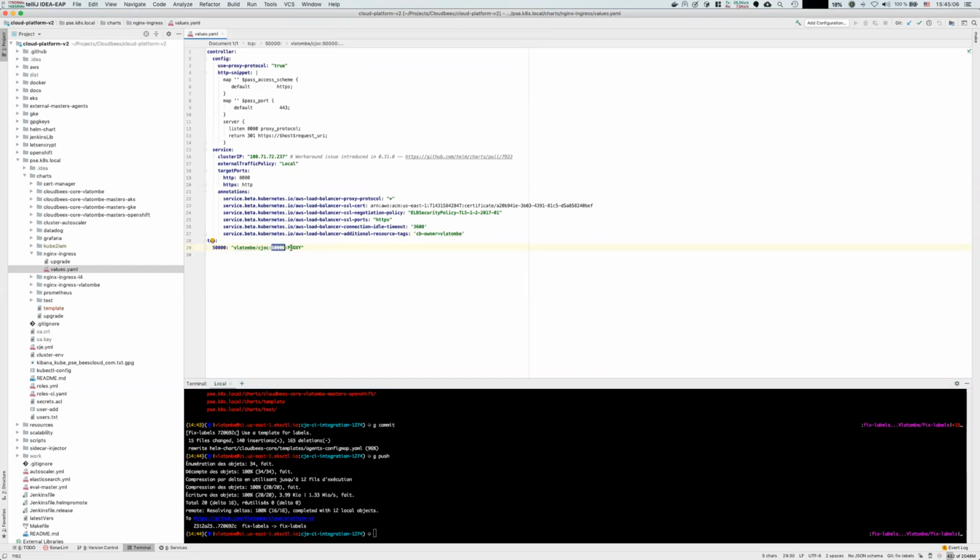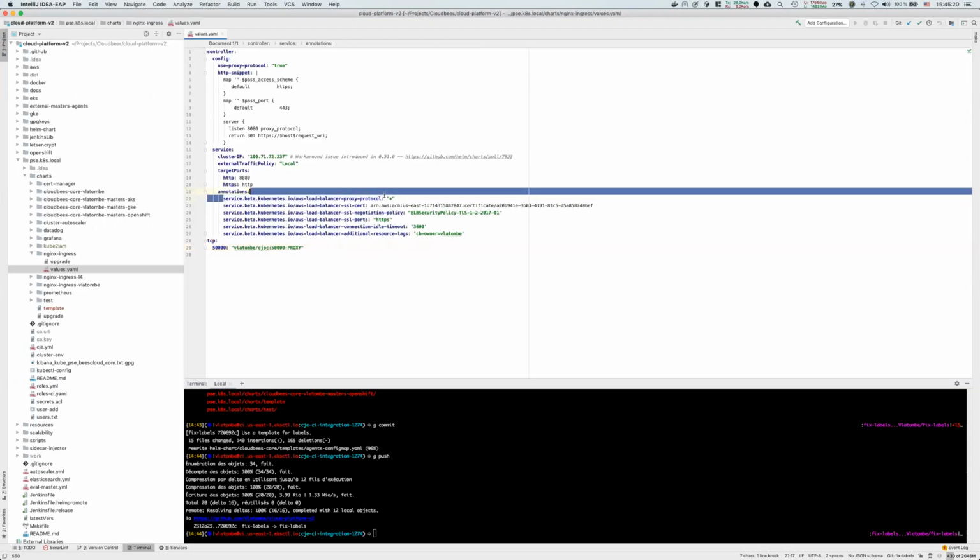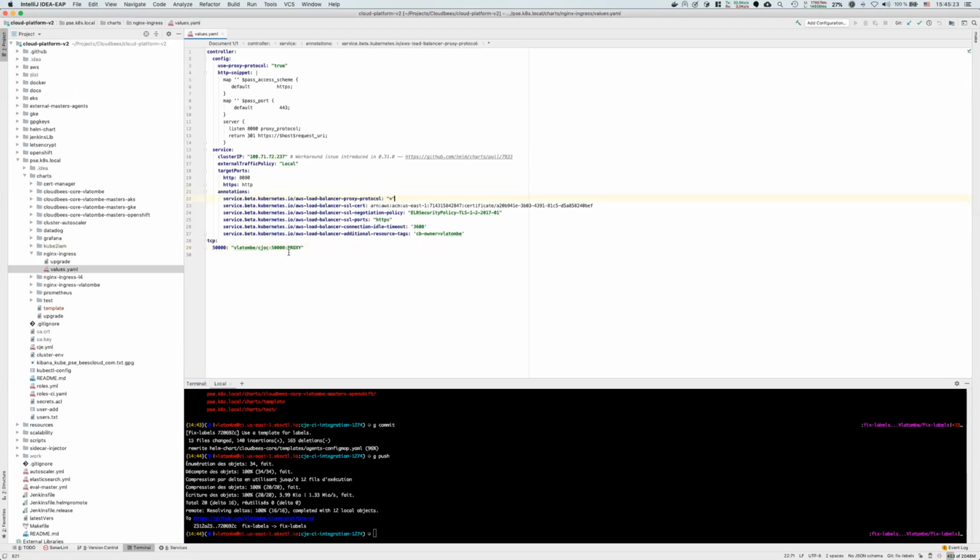And then here, this is something specific to AWS: usually on AWS, we recommend using what we call the proxy protocol. This is enabled by this annotation here. And in that case, you also need to enable the proxy support on the Nginx side to avoid getting errors. Typically on other platforms, you will just get this value without the proxy thing at the end.